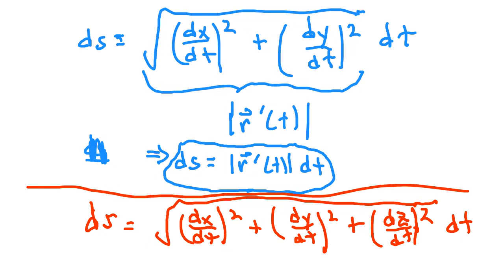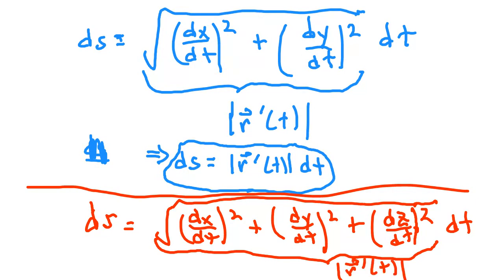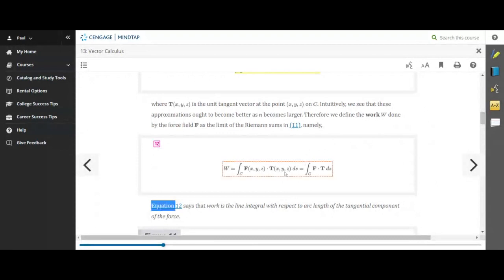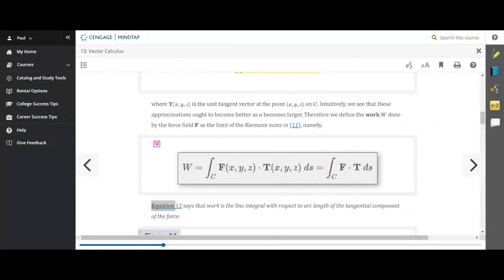But that square root is just the length of r prime of t. So therefore, when we look here to the work formula,